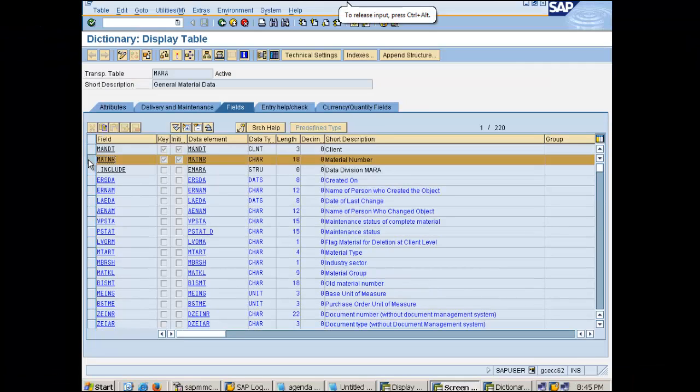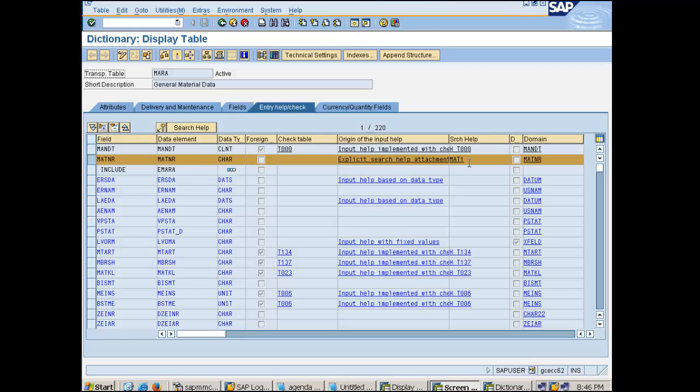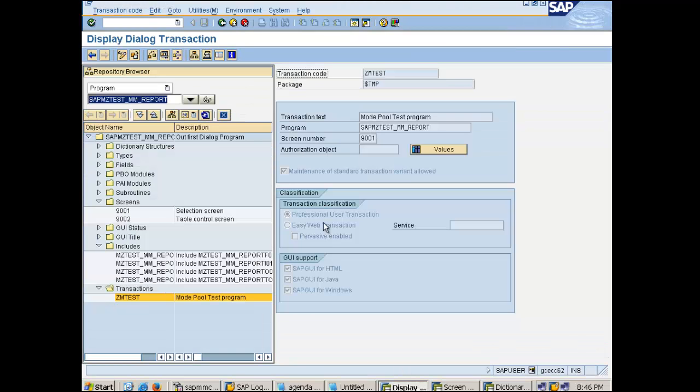So what we are going to do, we are just going to pick the standard search help here. Search help name is MAT1,